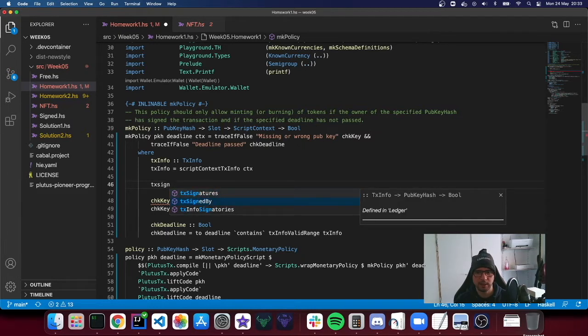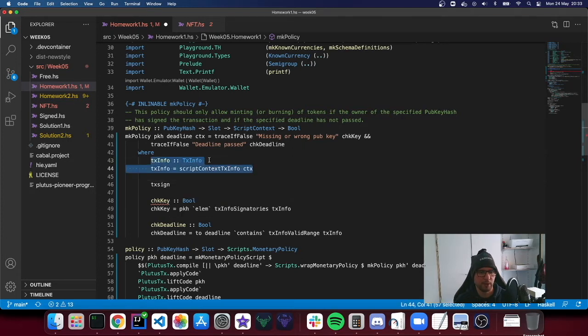Let's see, txSignedBy is part of TxInfo defined in Ledger, and it takes a TxInfo and a public key hash and returns a boolean. So let's see if we have the two things. We can use this one here, the public key hash. Okay, so if we use the where clause here, we can use transaction signed by like this, and then we say the x info